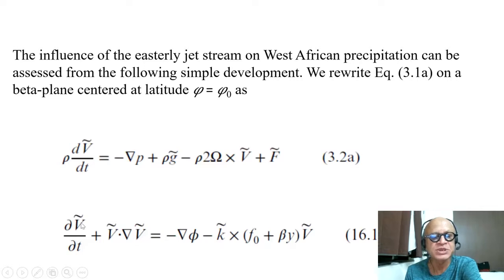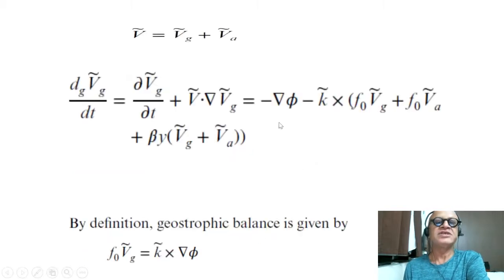So writing that equation out as del v tilde del t plus the advection term v tilde dot grad v equals minus grad phi. As usual, we use the hydrostatic and